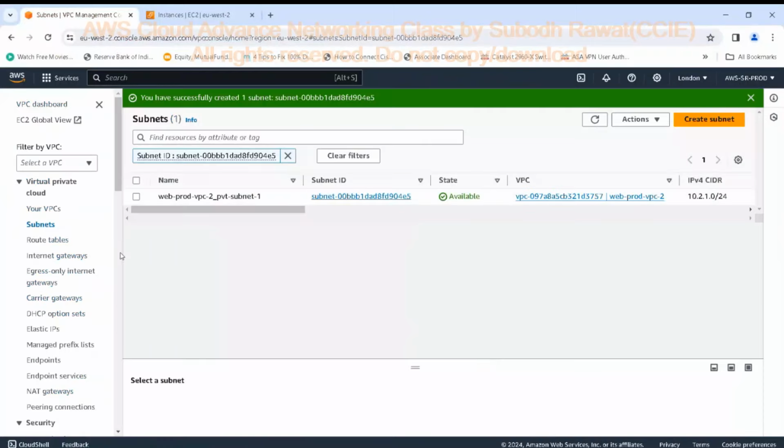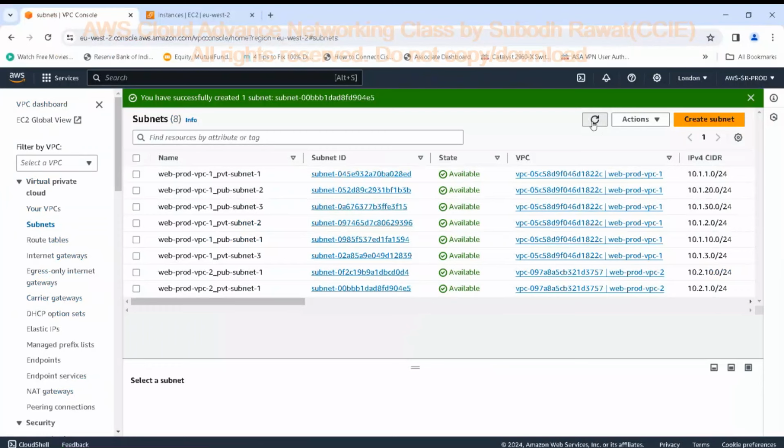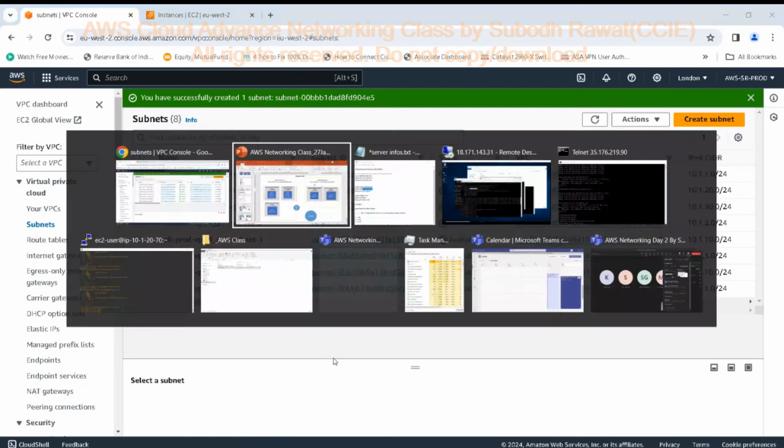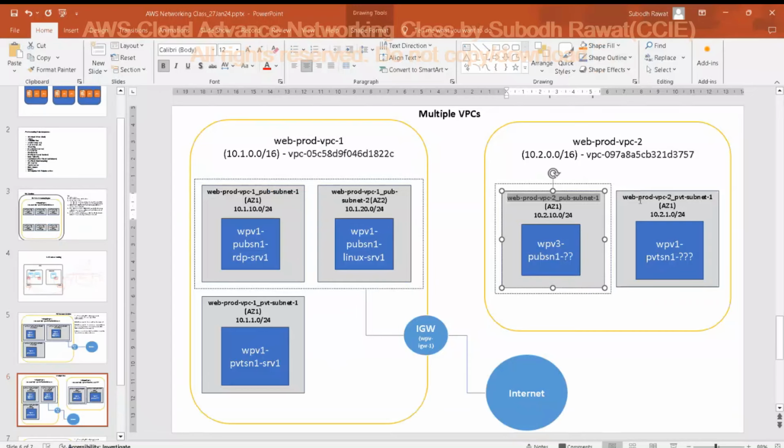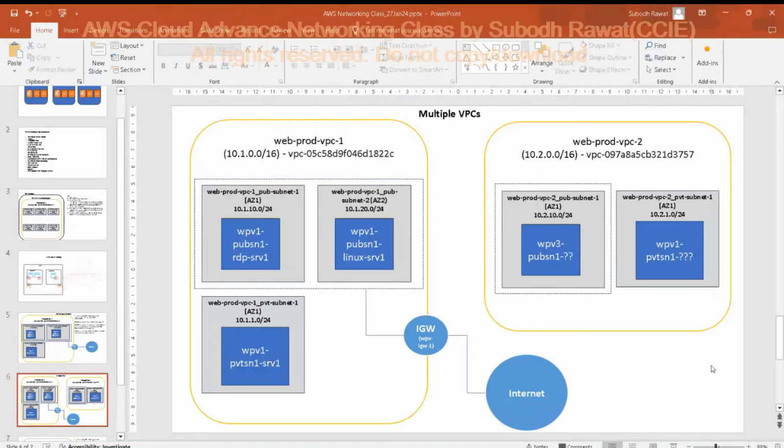So what we have done here, refresh, so we got 8 subnets in total: 1, 2, 3, 4, 5, 6, 7, 8. So in VPC2 we got 2 subnets. Okay, so if we look at our diagram here, we got this subnet and this subnet. So these two things we have done. Now a very important point is